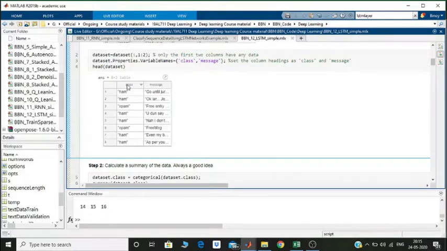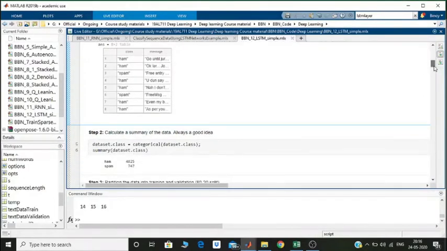Now you can see instead of V1 and V2, what you're seeing here is class and message. Also the table size has changed from 5500-something by 5 to the same number of rows by 2. And if you give head of dataset, it just displays a small subset of the data set that we have just imported. That's what you are seeing here.